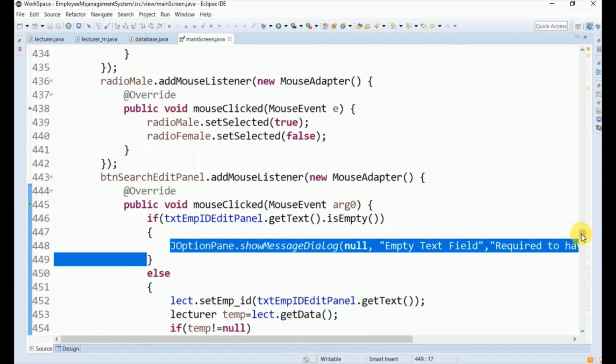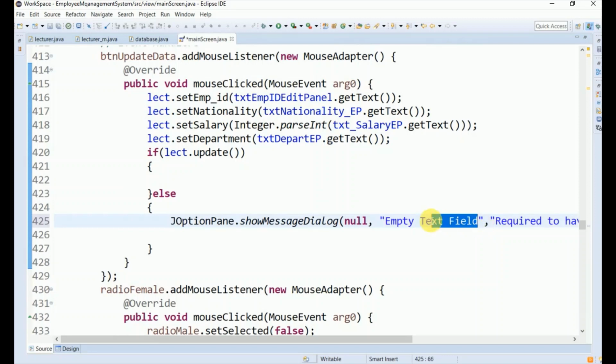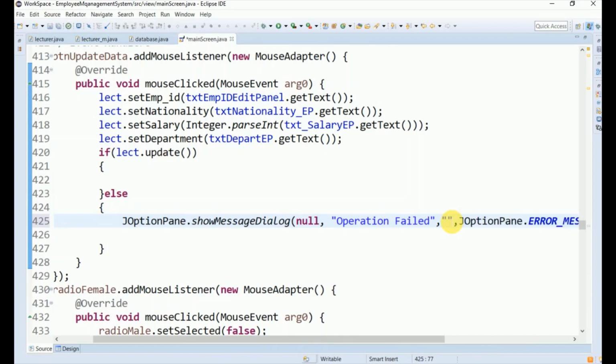Because in else, in case it has returned false, I will say operation failed, or I can say right here employee ID no longer exists,